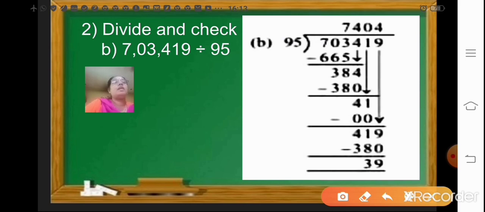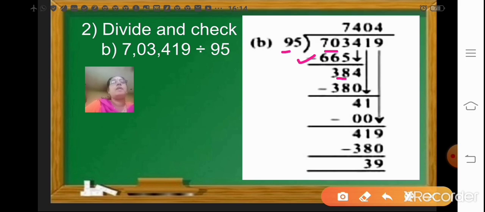Okay, again by doing the guesswork. Now see here, take these two numbers 70 and 9. Divide it. 9 7s is 63, 9 9s is 81, which we cannot take. So we will take 95 7 times. Okay. So 95 into 7 will give you 665. Now when you subtract 665 from 703, you will get the answer as 38. Now this 38 is smaller than 95. So bring the next number 4 down.